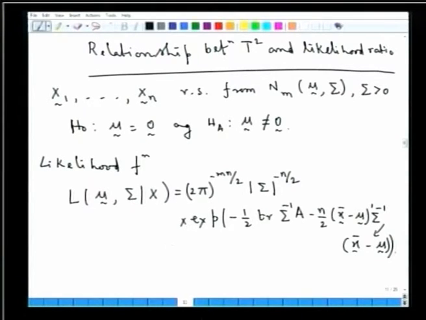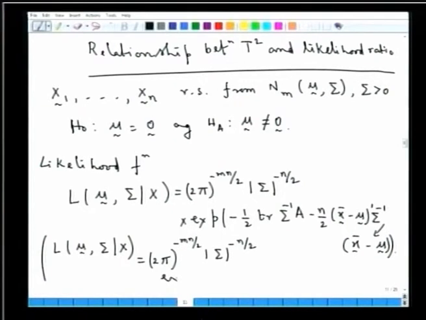This exponent in the first form: L(mu, sigma) given x is equal to the constant as it is, (2 pi) to the power minus mn by 2, determinant of sigma to the power minus n by 2, and then